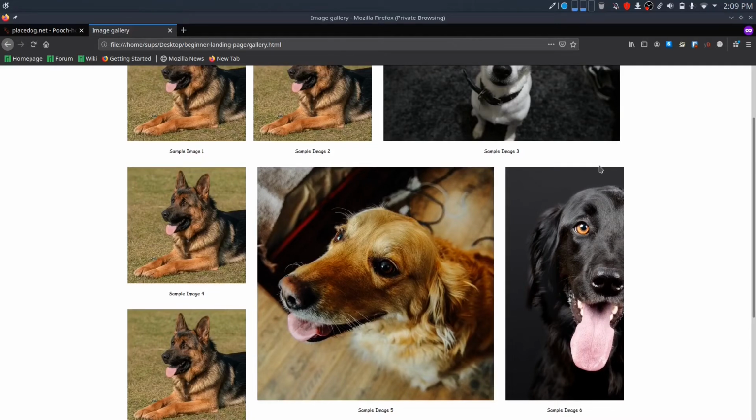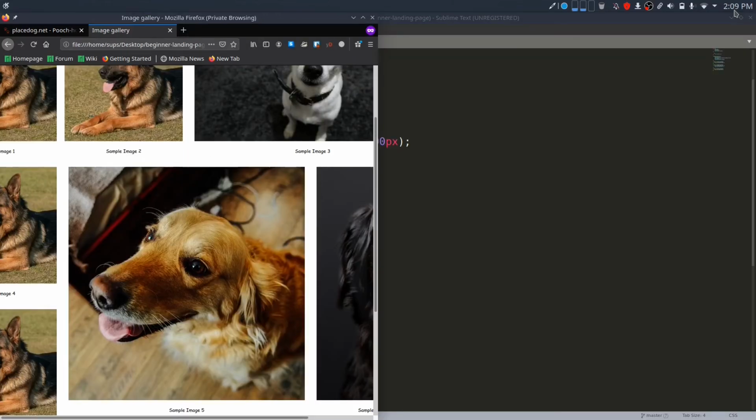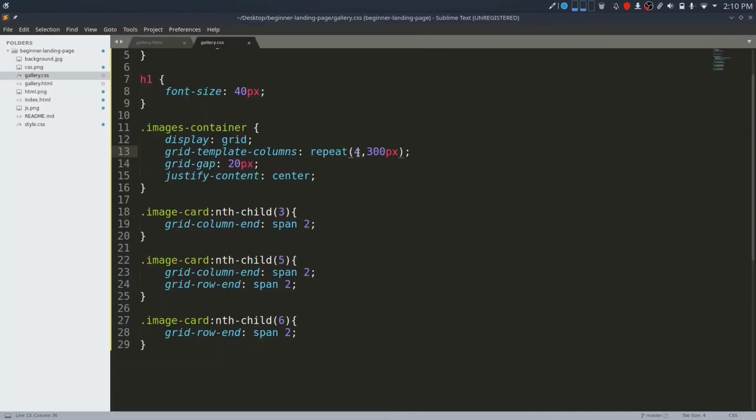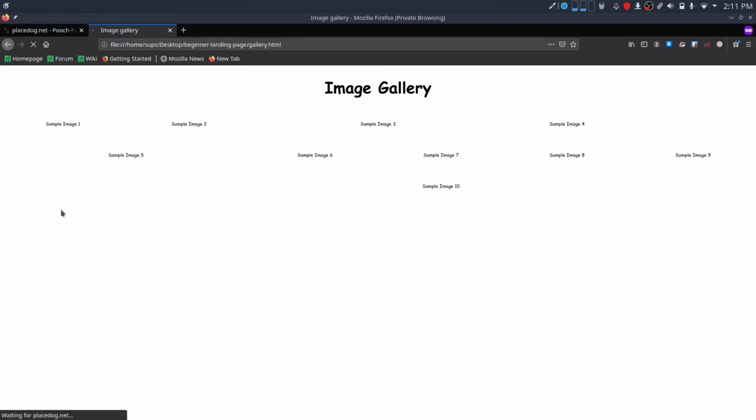Now I will show you a small trick that will make this gallery responsive. It doesn't respond to the change in the width of the browser right now. You can see when I decrease the size of the window, our images are cut off. I will fix this now. In the grid-template-columns property, instead of applying a hard-coded number of columns, I will write auto-fill here. What this will do is it will autofill and add the number of columns according to the available width.